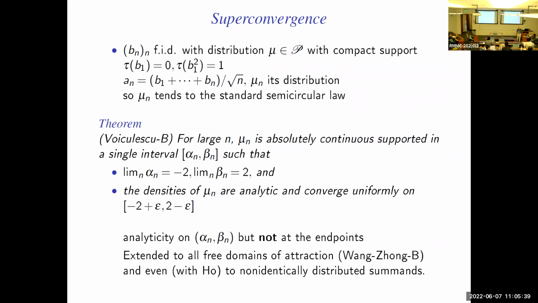Yes. Are there examples where, if I just have two measures that are, say, not delta measures, and I take the free convolution, is that necessarily absolutely continuous, or are there examples where you can have something else? Yes, essentially it is true. This is a result that Serban Belinschi proved. It's essentially true in the sense that the free convolution might have a finite number of point masses. But other than that, it's absolutely continuous.